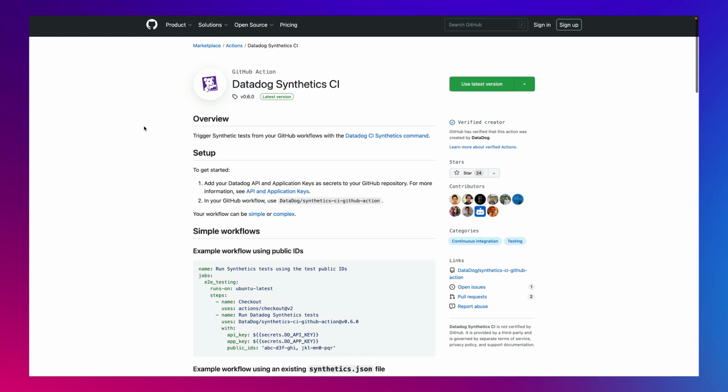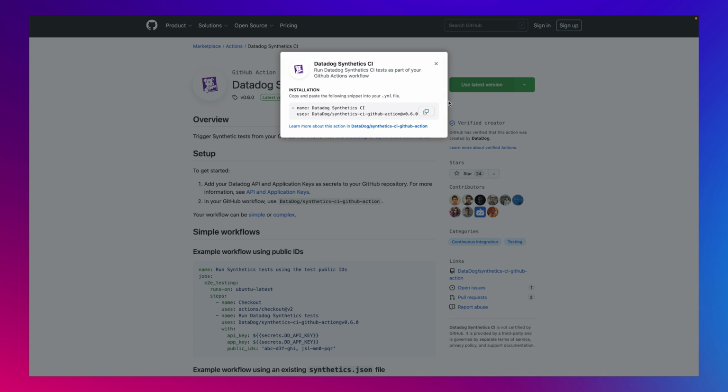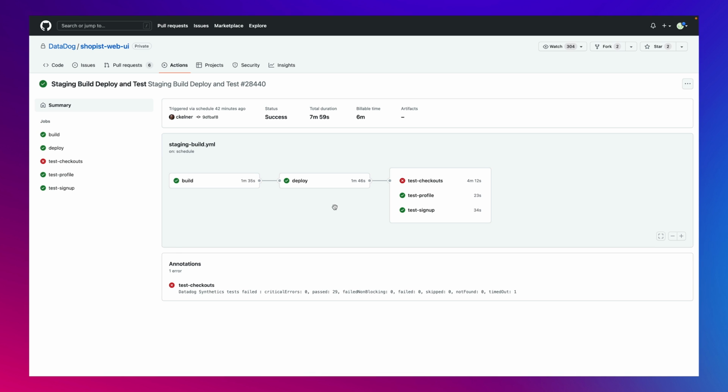Turns out that the engineering team did make some changes recently. Let's look at one of the CI workflows from those changes. Here is a GitHub workflow for the Shopbus engineering team. They recently made a change, and before pushing to production, they want to verify with end-to-end tests that this new feature does not break the existing user experience. Let's look at the failing test checkout stage.